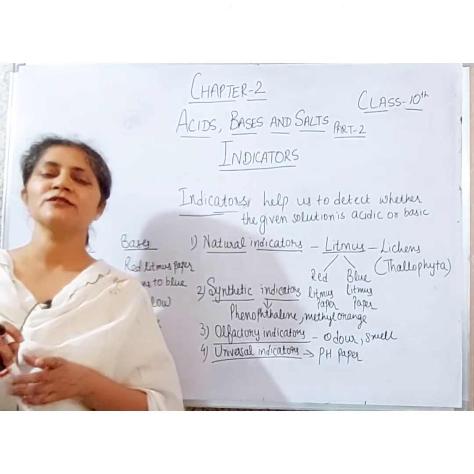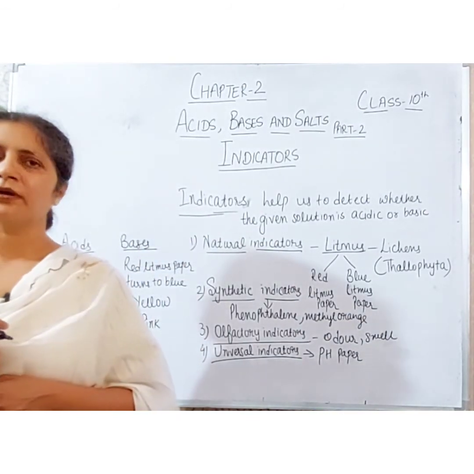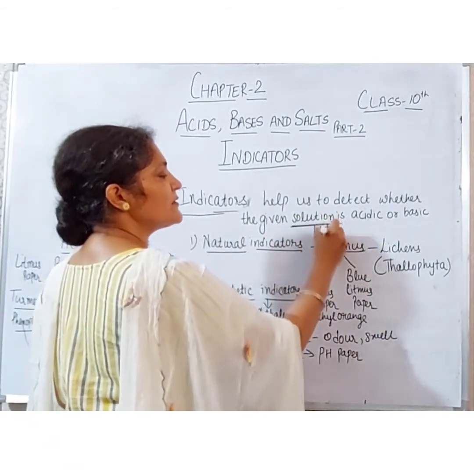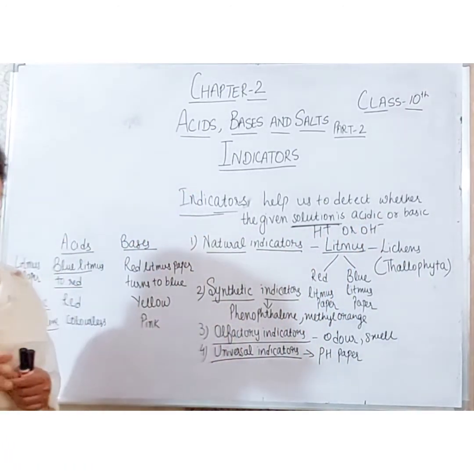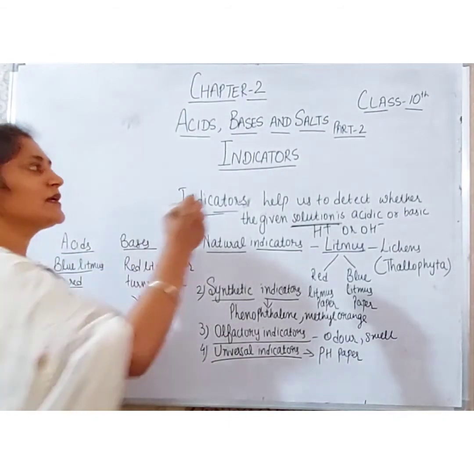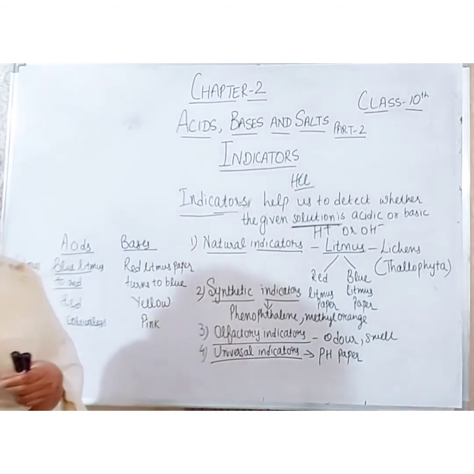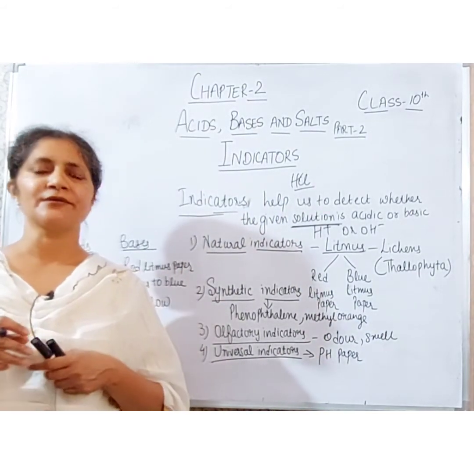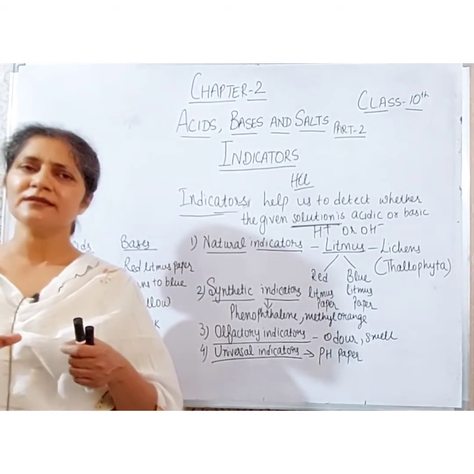One thing students, you must remember is that acidic and basic characters are always shown in the solution form, because hydrogen ions or hydroxide ions are always produced in the solution form. If we have dry HCl, it will not show the properties of an acid, because it cannot get ionized into hydrogen ions and chloride ions. So they should always be present in the solution form.